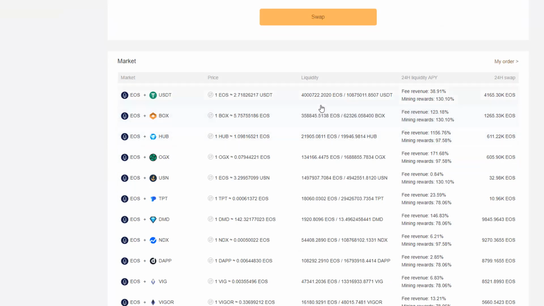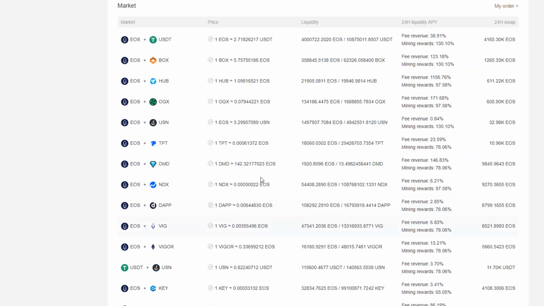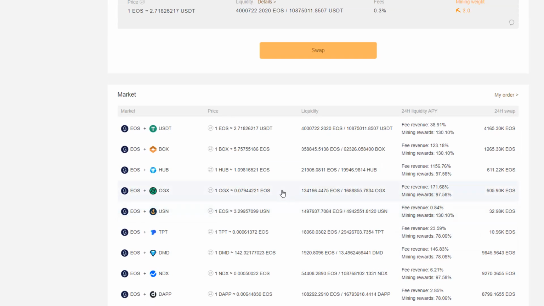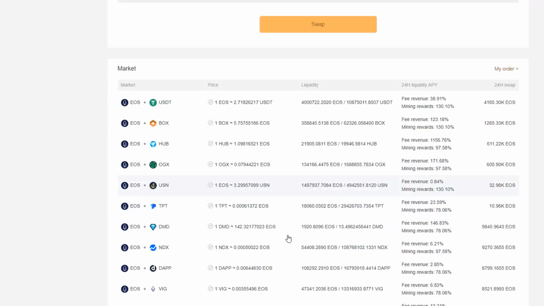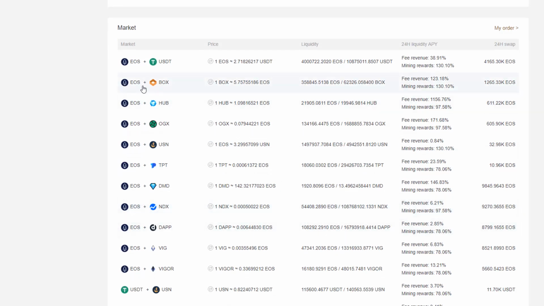So what they're doing is they're building up the EOS, and instead of just sitting in their wallet, just like your Bitcoin, right? You're building a Bitcoin, and instead of just sitting in a wallet, they just put it on this DeFi box, and they earn fees from swapping. Okay, so this one here, EOS box, there's a serious amount of cash in here.